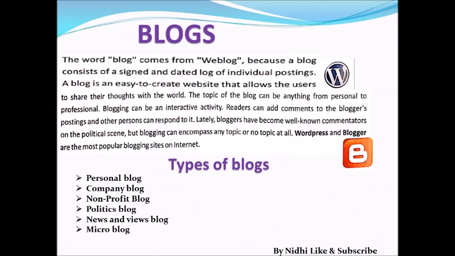Now we will discuss the types of blogs. There are different types of blogs. First is the personal blog. A personal blog is the most common and popular way of blogging. It is a diary on the internet. Personal blogs encompass personal views on any chosen topic like health, politics, travel, technology, etc. Next type of blog is the company blog. Many companies run blogs to let their customers and clients know what is going on in the company that would interest them, such as new products coming up and progress being made on some projects. That type of blog comes under the category of company blogs.